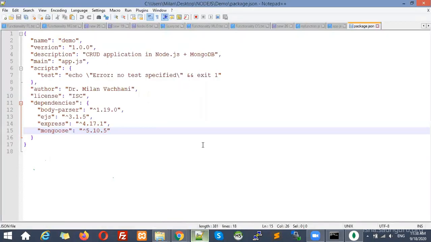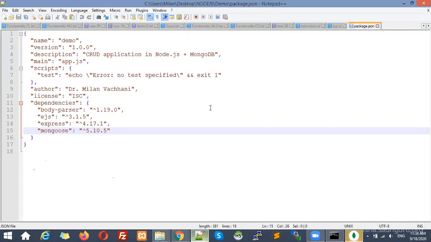Now you understand something like, for MVC architecture, what do we need? Model. Already discussed. We are going to create a model for Mongoose. Then we will create a controller also for that. And at last we also need to create a view. But let me first of all create a view, right?